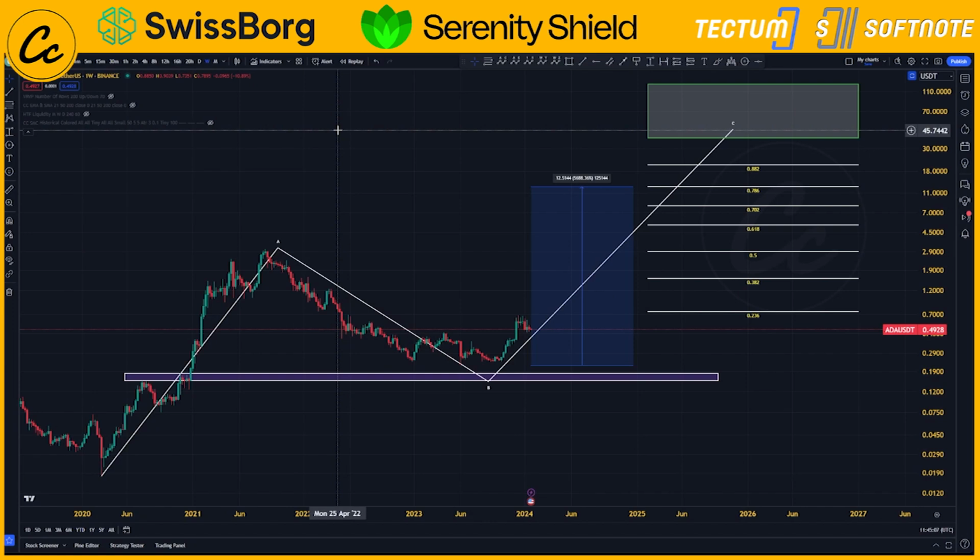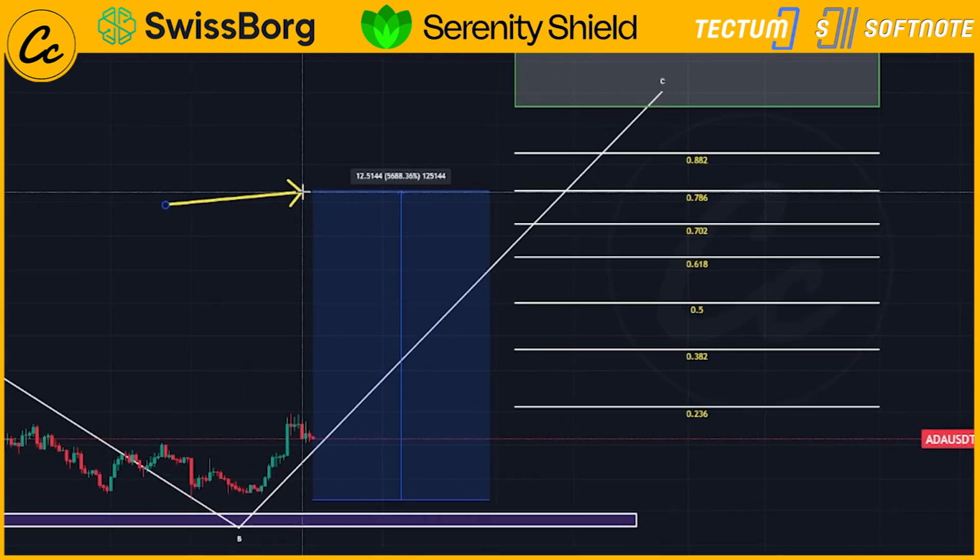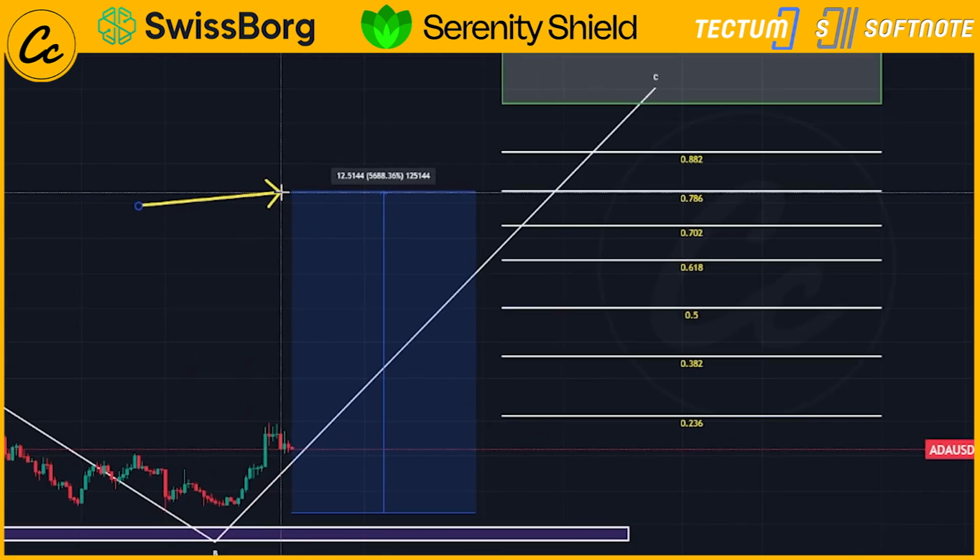Can Cardano's 𝗕𝗓 hit $12? Let's have a quick zoomed out look at this one on the weekly time frame. The current bear market low for Cardano's 𝗕𝗓 currently sits down here at 22 cents. Now, should we see a push up to that $12 level, it would bring us up to a very interesting